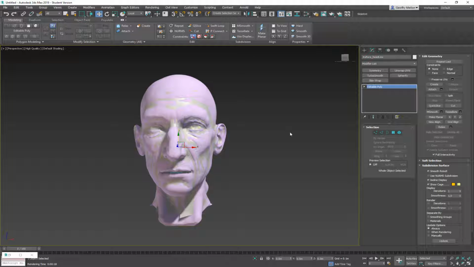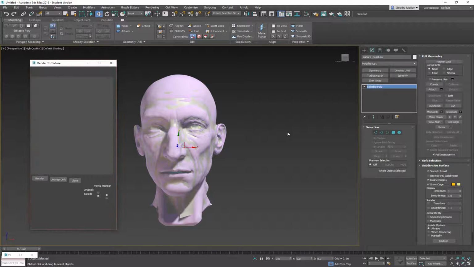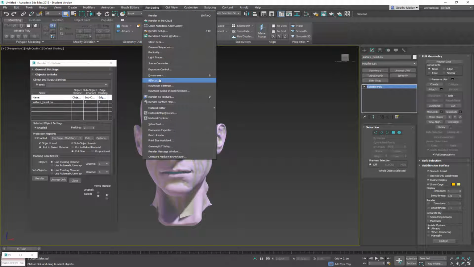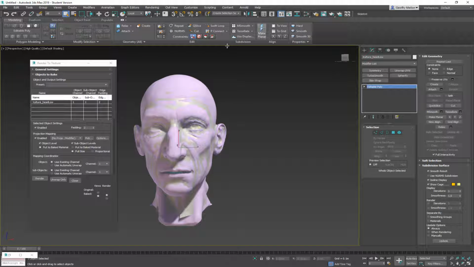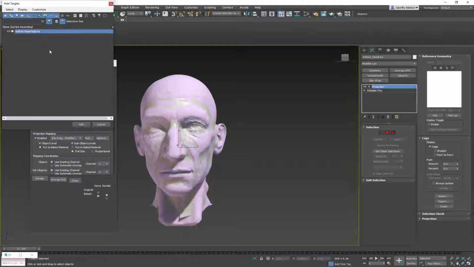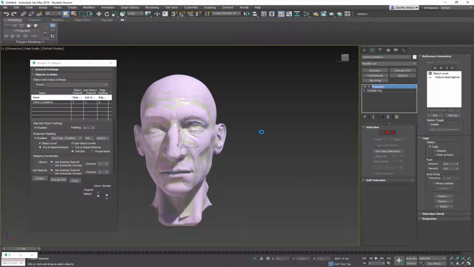Then we either push 0 or open it up in rendering and then Render to Texture. We take this low-res head and say project modifier onto it, and we pick an object, and of course that's the high-res head. Then we bake it out, but there's a little bit more of a dance, you'll see. It's going to make a cage. I'm not crazy about the cage in here. I'm not crazy about all cages really, but they can be used really strongly,